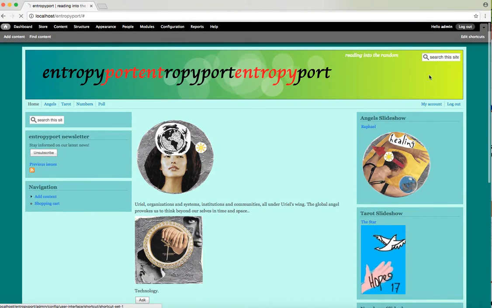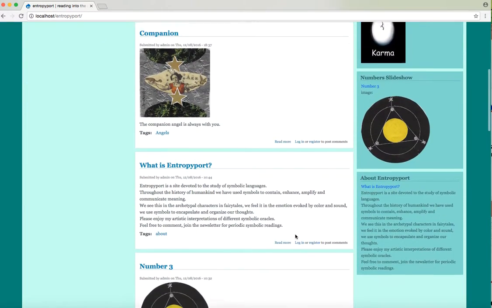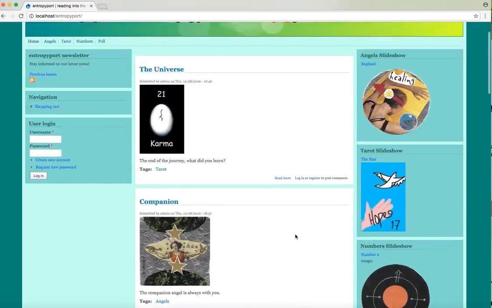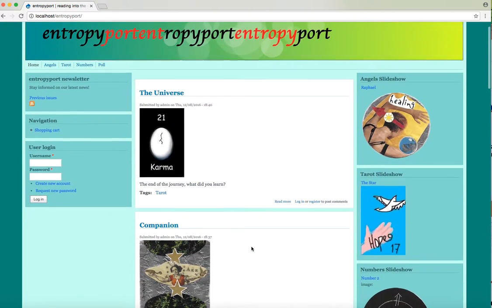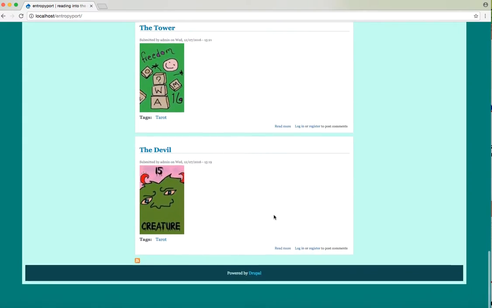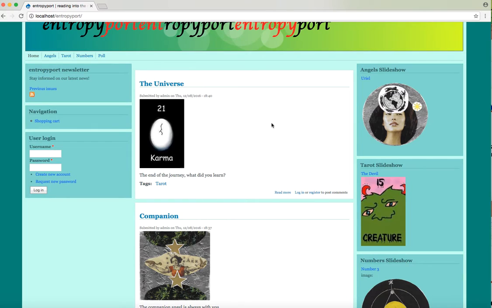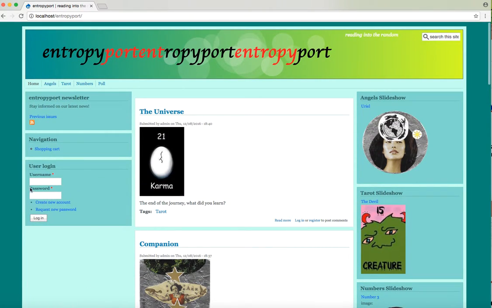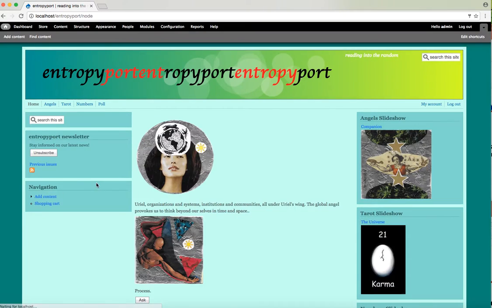But if I log out, and now I'm an anonymous user, I'm not directed to that front page, so it is just basically pulling all the articles. I don't want people to come to the site and just have a big bunch of articles to look at. I've separated them out into menu item pages. I want everybody coming to the site to have access to that little piece of fun PHP code. So I'm going to reset